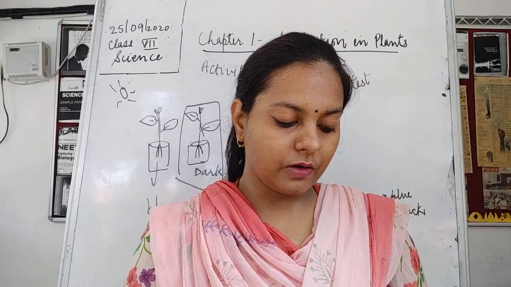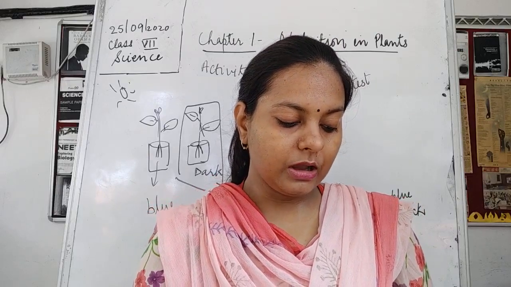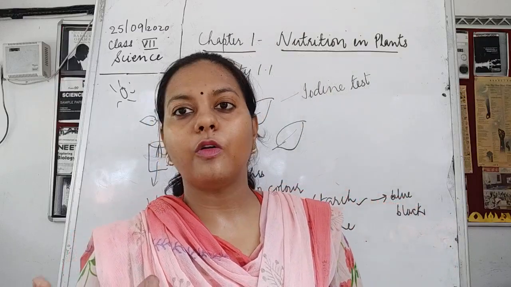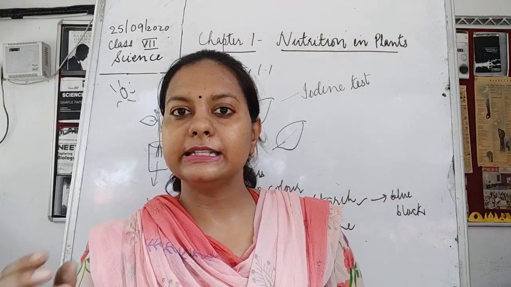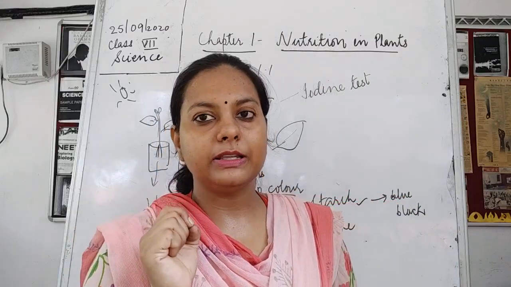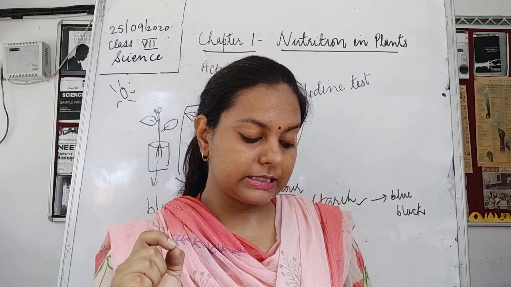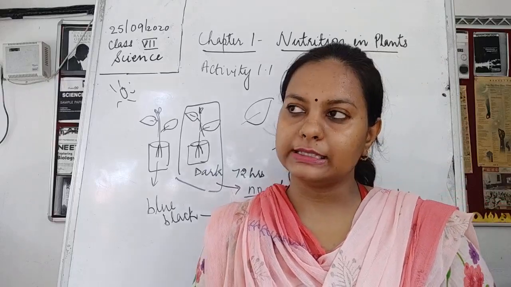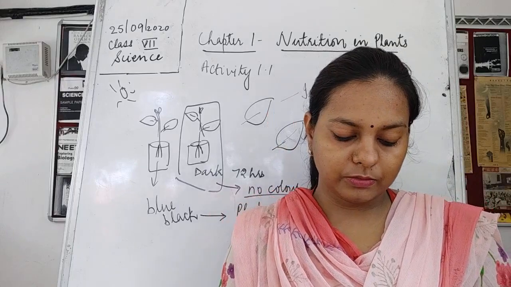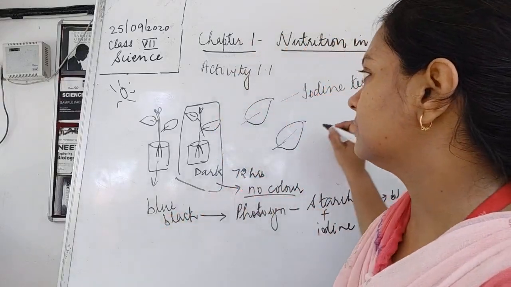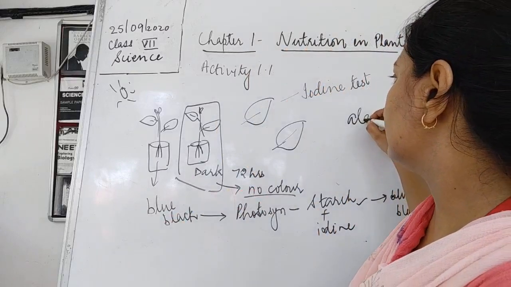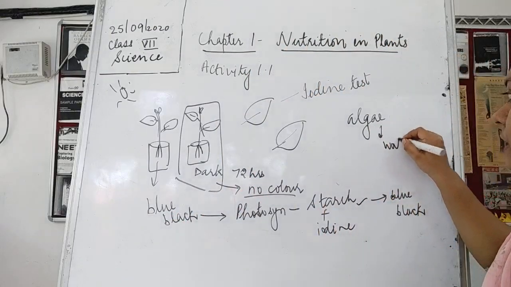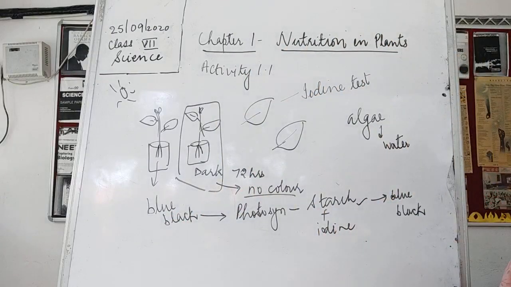You often see slimy green patches in a pond or a stagnant body of water. If you keep water, or in moist places, you will see that small green plants are generated over it. This green growth is also a type of very primitive plant, known as algae. Algae are also green plants, but they are less advanced, I must say. They grow in a water body, because of which the complete water body becomes green in color.